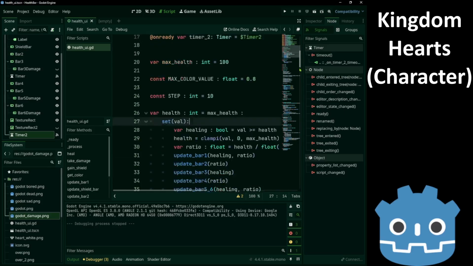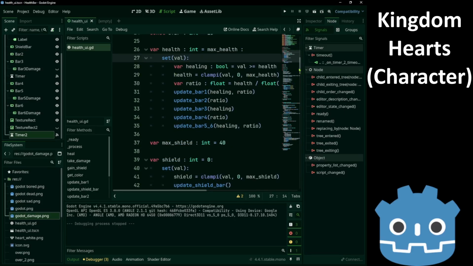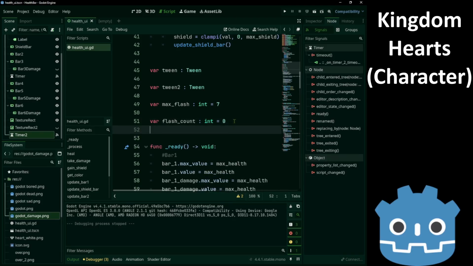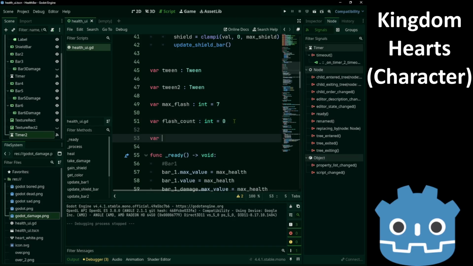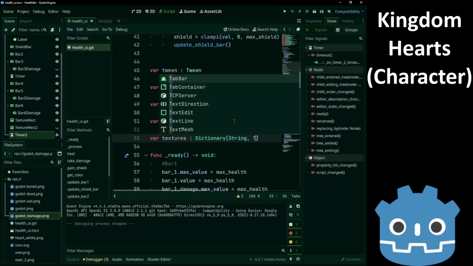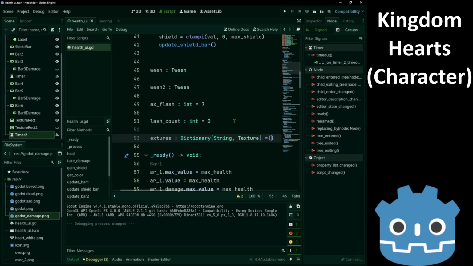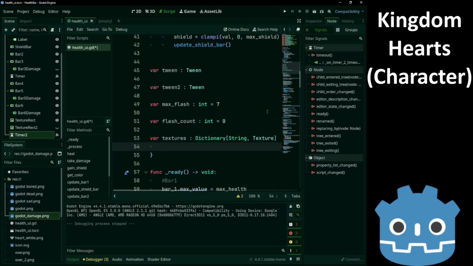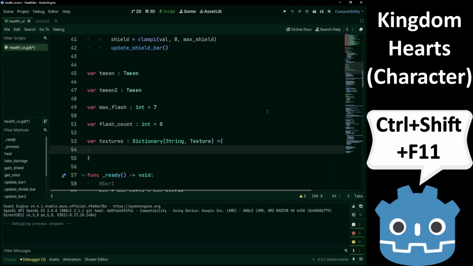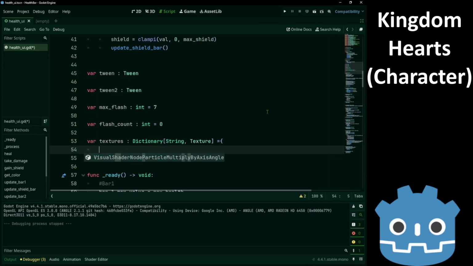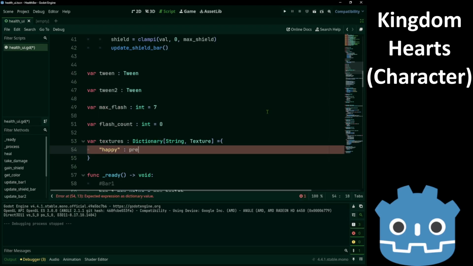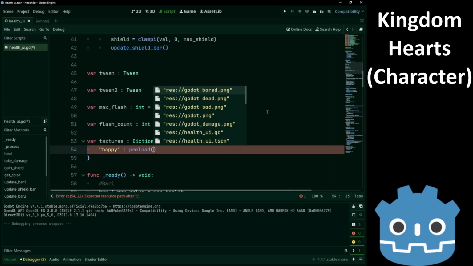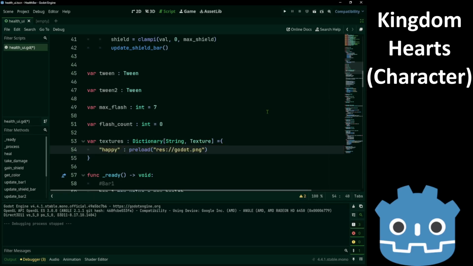Another way would be to use a dictionary of textures. Dictionary, string, texture. So we'll start with the happy, which is going to be preload the normal PNG.